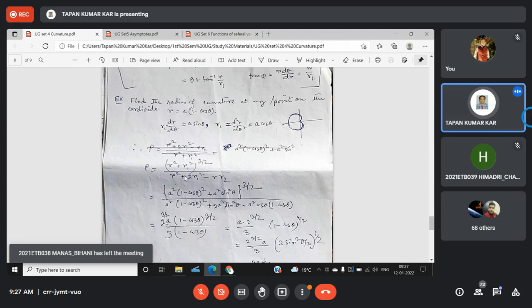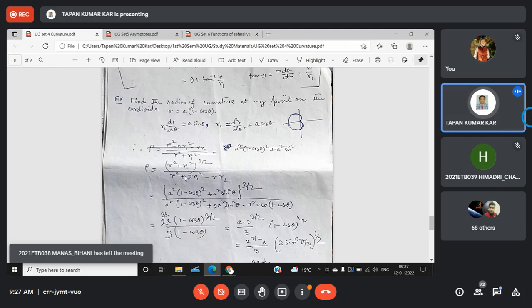But sometimes it will take much more time. So here, look at this: r1, dr by d theta, equal to a sin theta, r2, d2r by d theta square, equal to a cos theta, and here the formula is this. So substitute r1, r1 square,